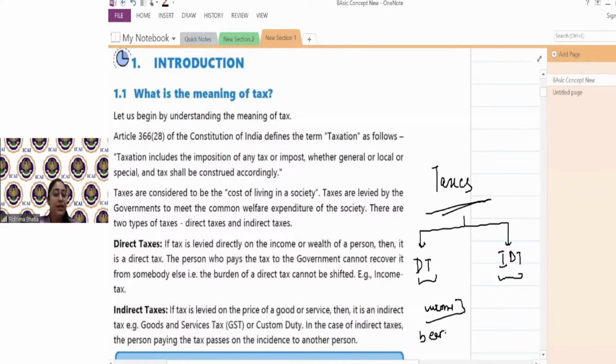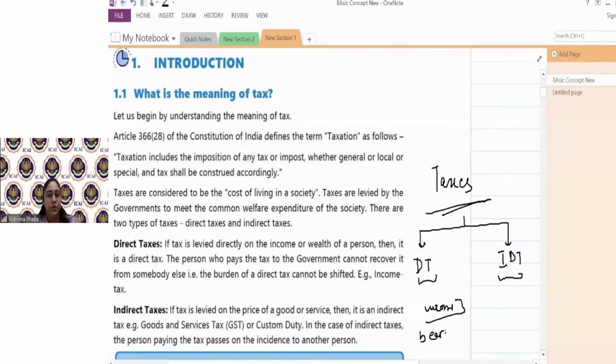Okay. But indirect tax means the liability or the burden or the bearing is done by someone else and it is paid by someone else. That is called indirect tax. Dono government ko ja rahe. Both of the taxes are going to the government. But indirect tax is ultimately when the liability is on person X and it is paid to the government by person Y.